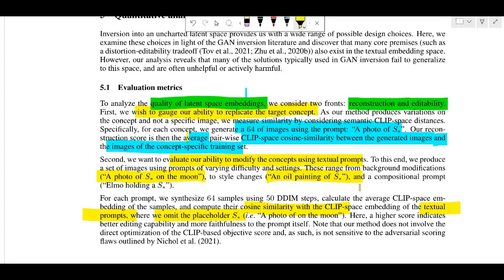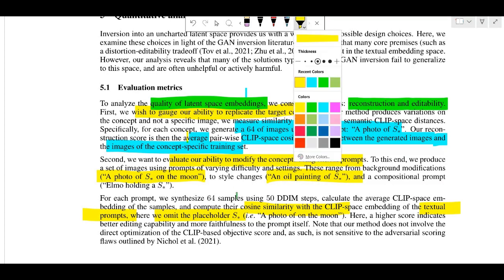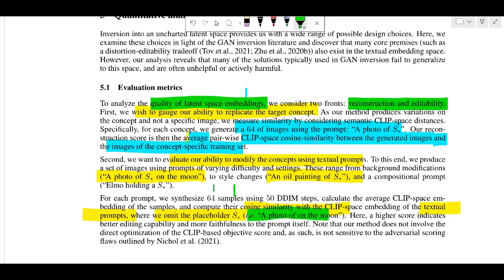Like an oil painting of S star, you run it through the model, get an image, and calculate the CLIP similarity with only an oil painting of. So a photo of S star on the moon goes to a photo of on the moon. So they calculate the CLIP similarity without the token,